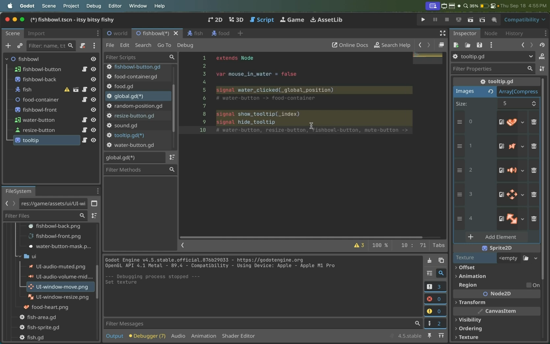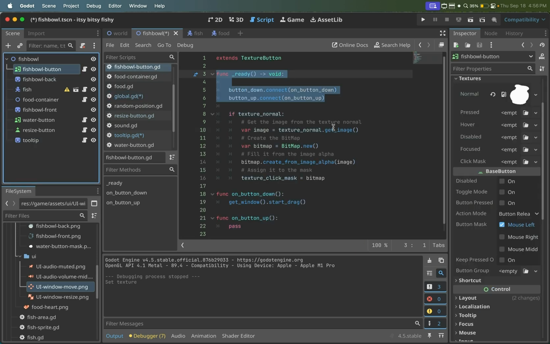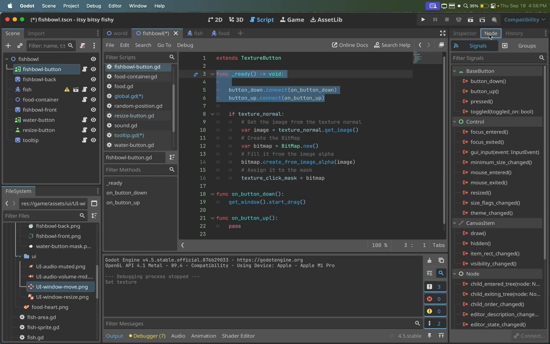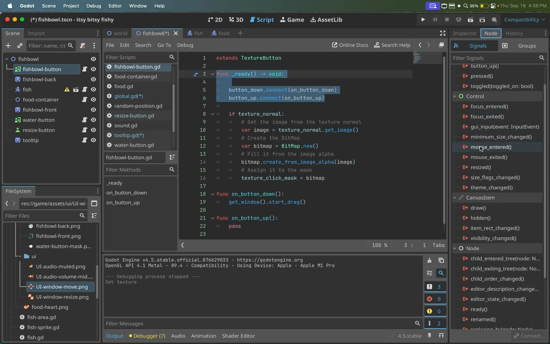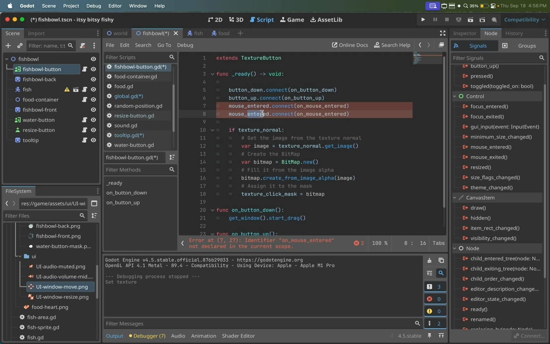Let's do the fishbowl button first. So go to fishbowl button, click on the node, and now we'll need to use these signals. So go to the node panel, and now we want mouse entered and mouse exited. So let's connect those. Mouse entered dot connect on mouse entered, and same thing for mouse exited. We'll save,